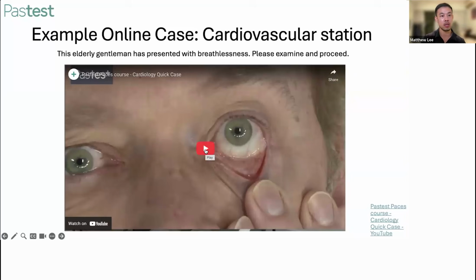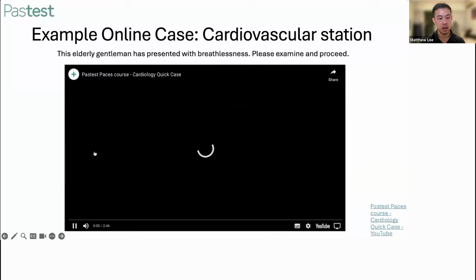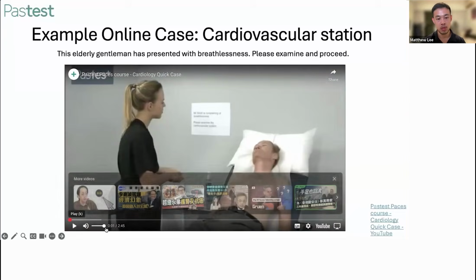So this is one such case, and in the real examination, you'll walk into the room, and there'll normally be a piece of paper above or next to the patient. There'll be a clinical vignette. For this one, an elderly gentleman presents with breathlessness, and you're asked to examine and proceed. I'm just going to play the video, and this one is a condensed version of